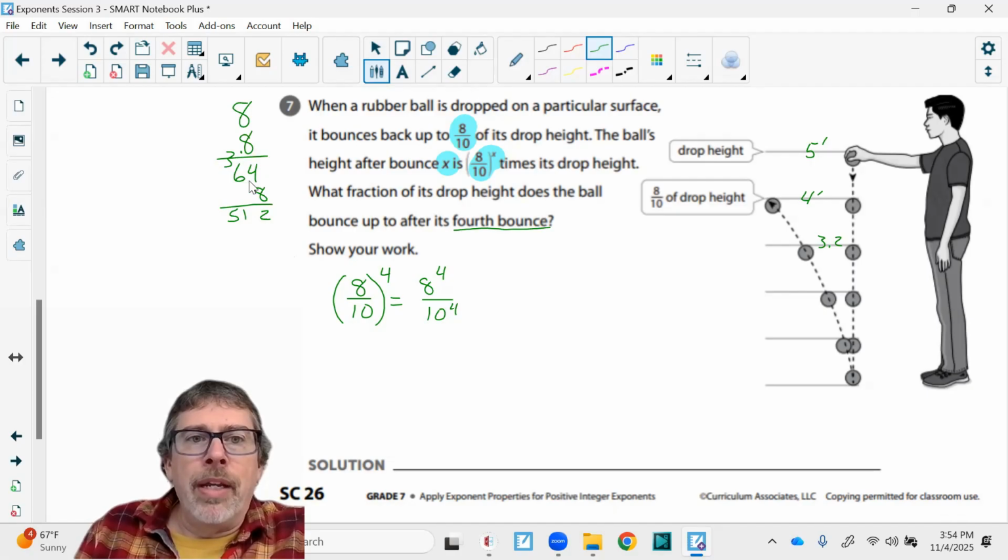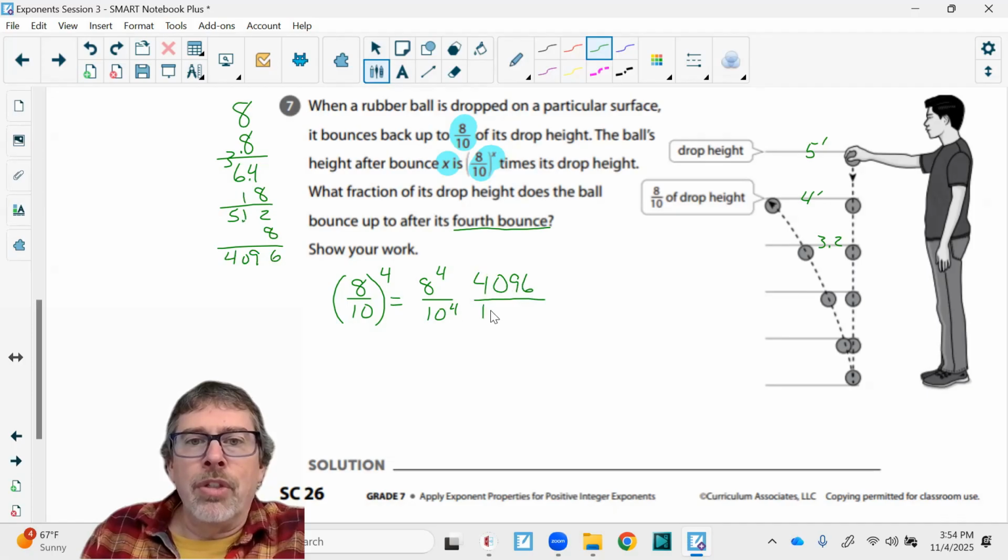So 8 times 0.8 is 6.4. 6.4 times 8 is 5.12. Multiply this by 8. 8 times 2 is 16. 8 times 1 is 8, plus 1 is 9. 8 times 5 is 40. And so this is going to be 4096. Okay, so I'm not doing a decimal here. I don't know why I have the decimal. Disregard that decimal. So it's 8 times 8 is 64, times 8 is 512, times 8 is 4096, all over